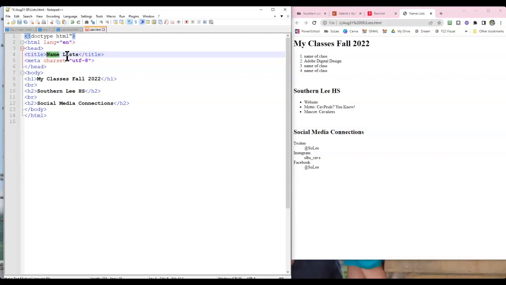We've got our meta tag. We're going to close the heading and then we're going to start with the body. In H1, we're going to add My Classes Fall 2022. If you're watching this in a different semester, just use that particular semester and year. A blank line, an H2 that says Southern Lee High School, a blank line, and then an H2 again,